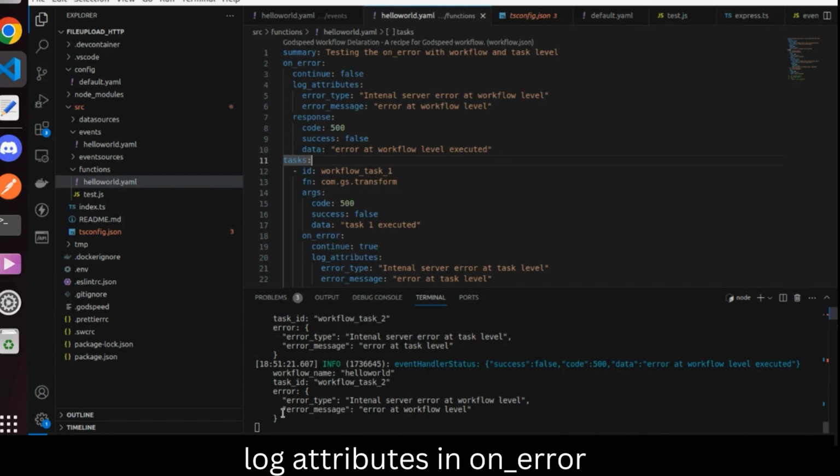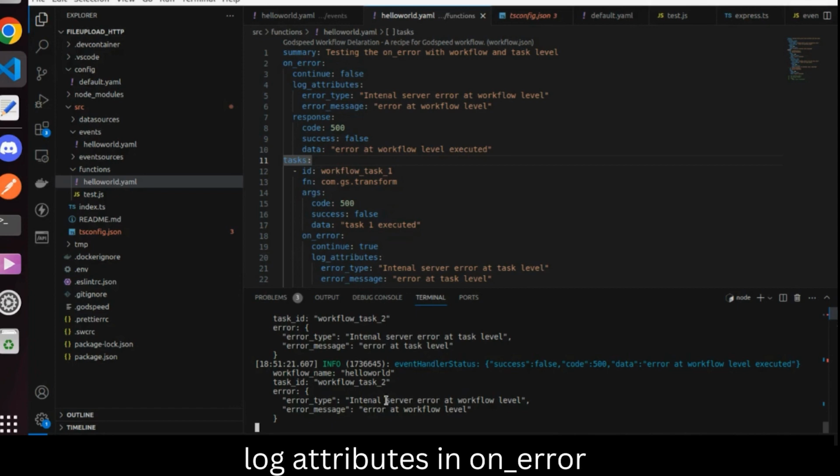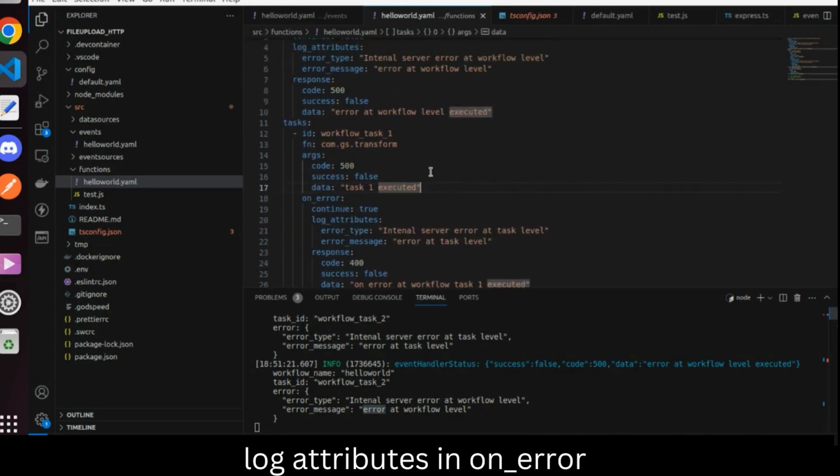So here you can see the difference. We got an object called error, and we have the logs which we specified in the on error. Internal server error at workflow level, error at workflow level. So what happened in the workflow: it entered the first task, this task. So it got failed, and immediately this workflow-level on error got triggered. So that is the reason we got this error object on the top, where we specified internal server error